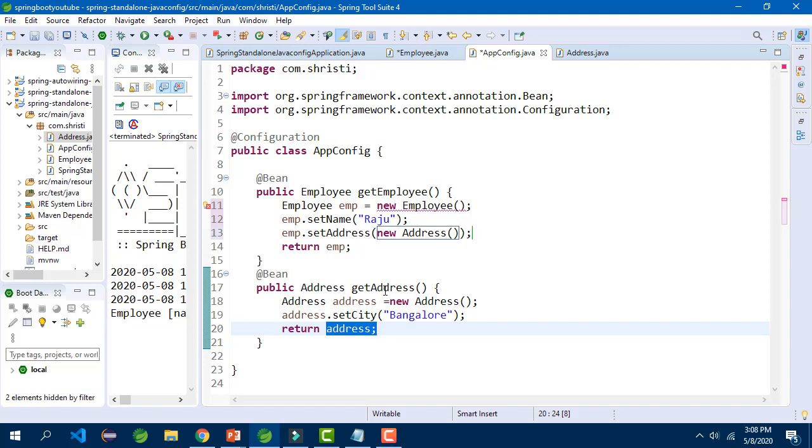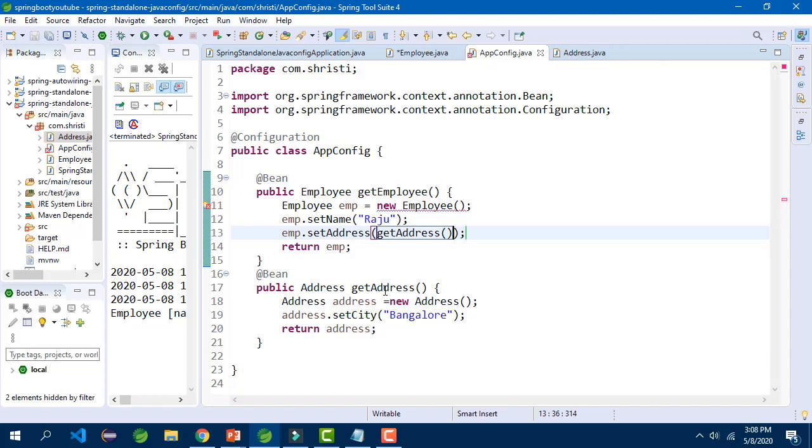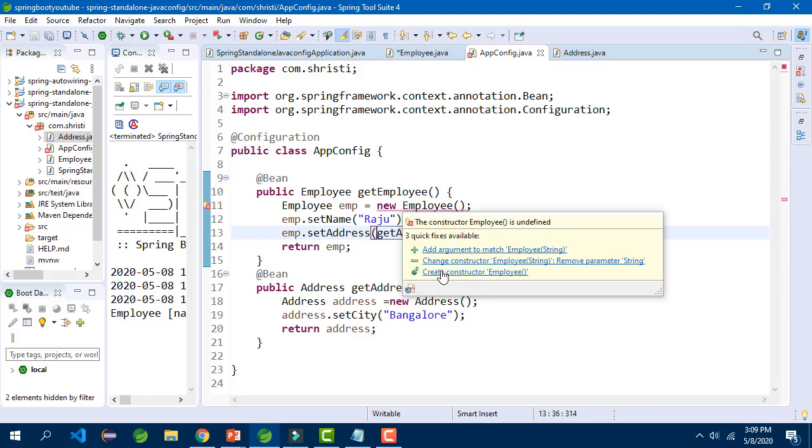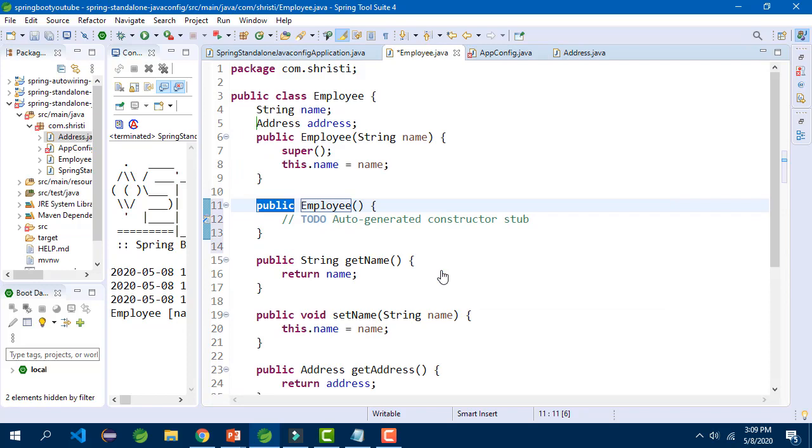So what I can do, I can just pass the method itself directly. So I will just take this new Address and I will call the method. Okay. This employee first line is giving me an error because we don't have a default constructor in the employee class. So I will keep the cursor here and I will create it. So it's created.